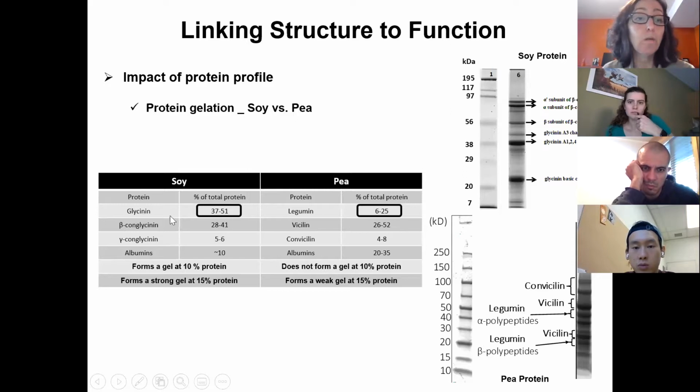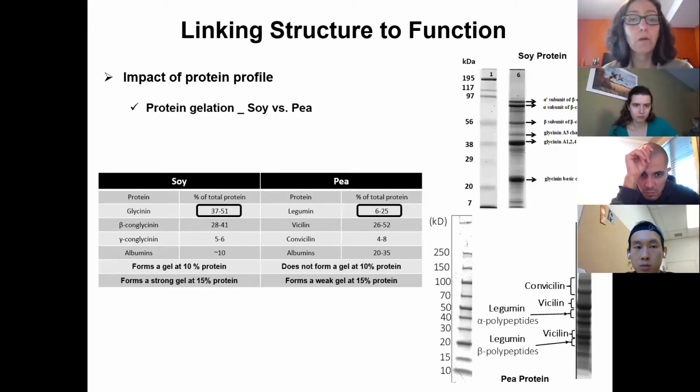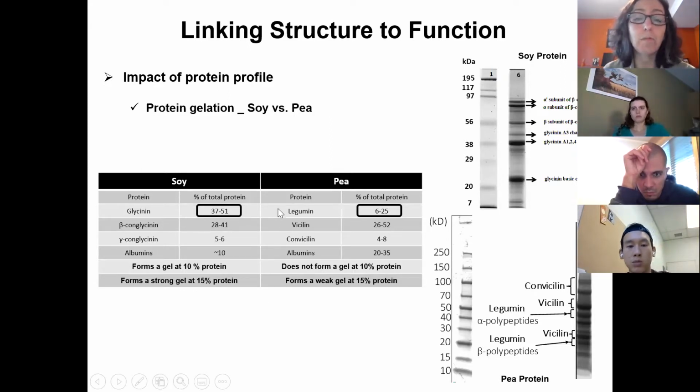But what I want to point out is not just the molecular weight difference, but the type of protein that is in there. Soy protein is not made of one protein. We will learn that when we cover legumes later on. It has different types of globular proteins. It has what we call legumin and vicilin.